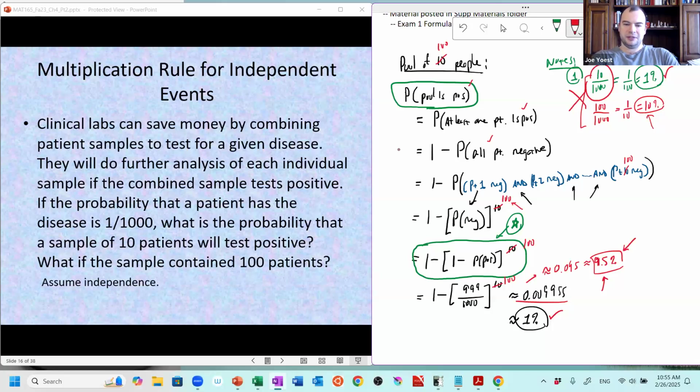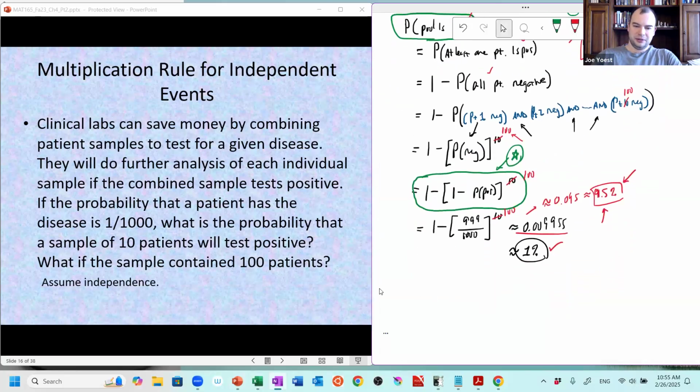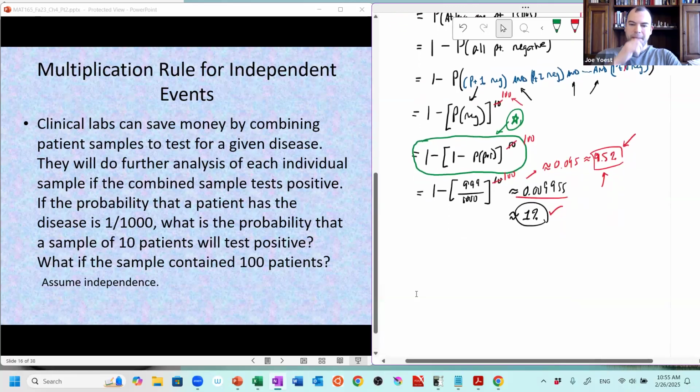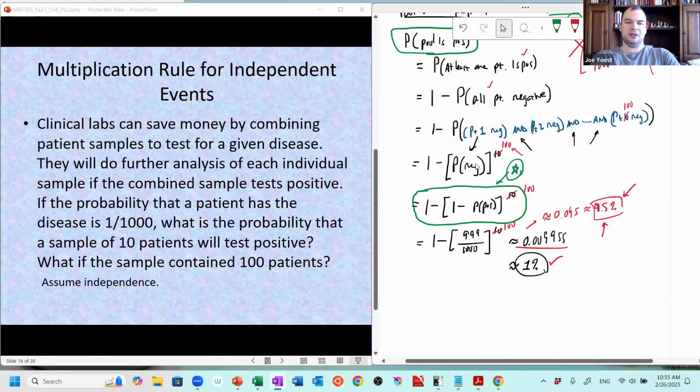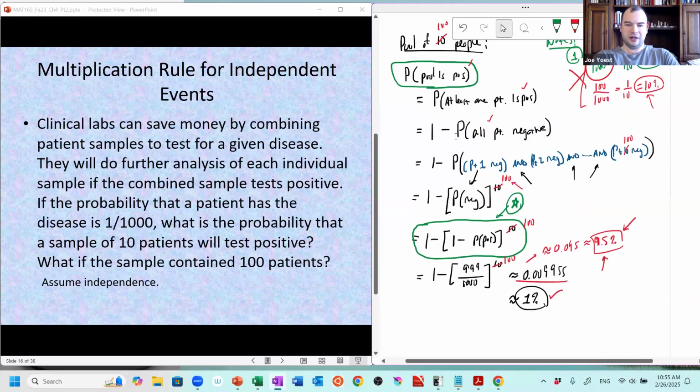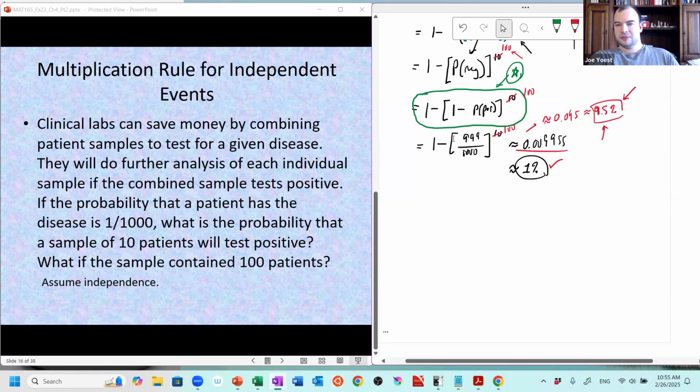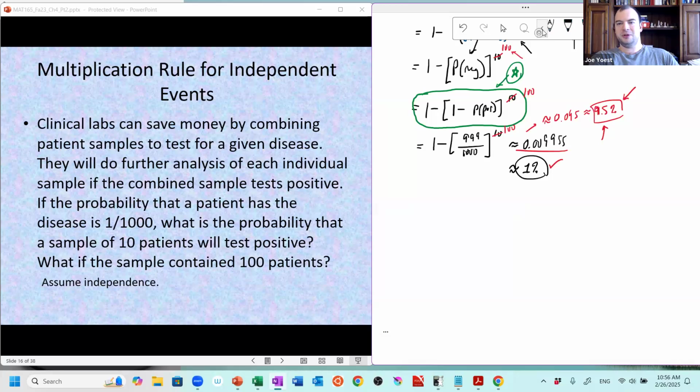The second note is a little more related to the scenario here. And I think we have people who are interested in computer science and programming, that kind of thing. So note 2 is related to this. So I have a pool, let's say of size 100, and let's say that my pool tests positive.